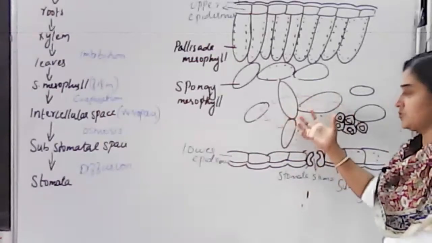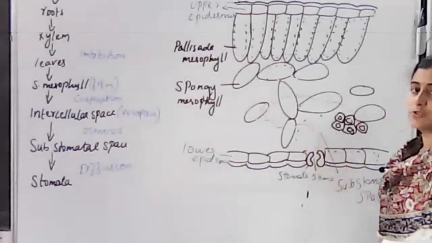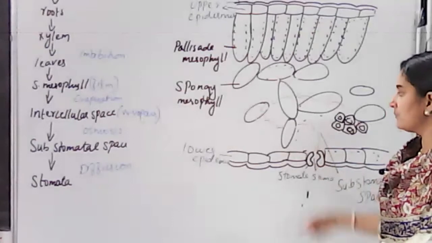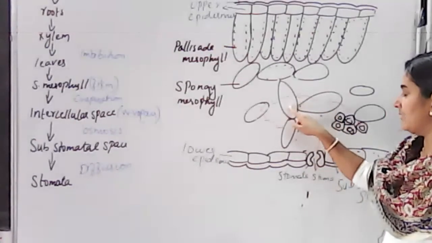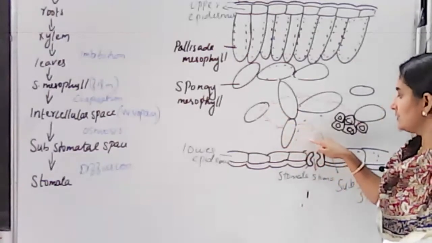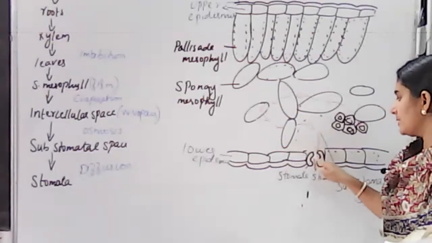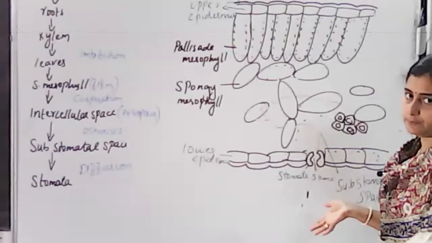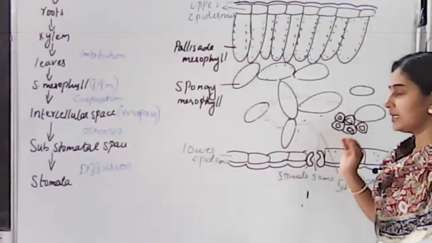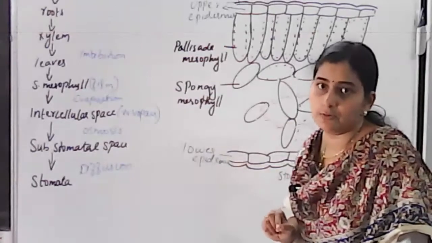So from here, if there is too much, what happens? It will be carried towards the stomata and it will be given out through the stoma part of the stomata. Clear about the pathway and what all forces are involved? Here cell to cell osmosis will be there. Then after evaporation, imbibition will be there, diffusion will be there. Along with that, osmosis also will help in diffusion of water from the substomatal space towards the stomata, and through the stoma it will be given outside. Got it? Structure of leaf, internal structure of leaf, and how water is transported from root towards leaf during the process of transpiration. Hope you got it.